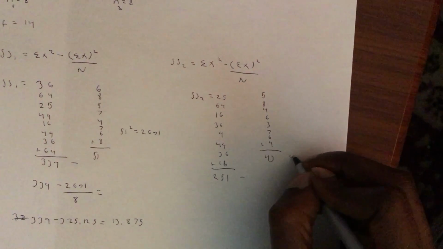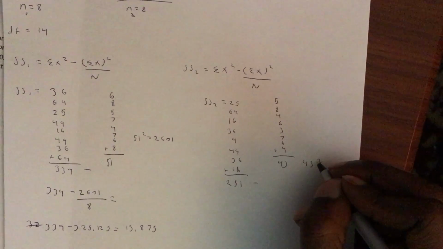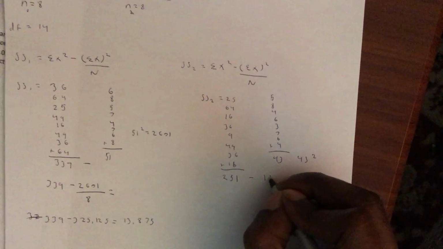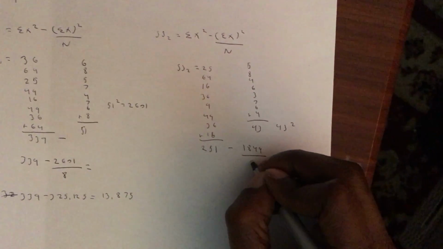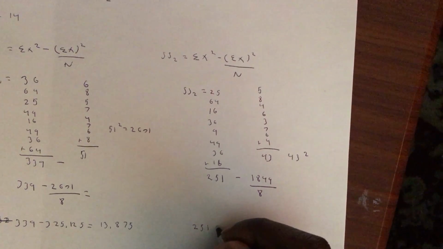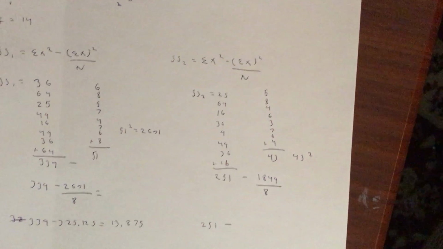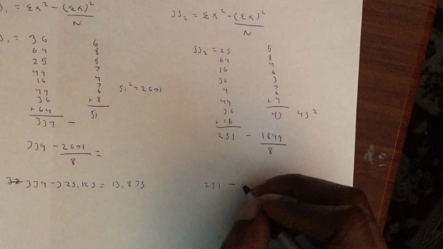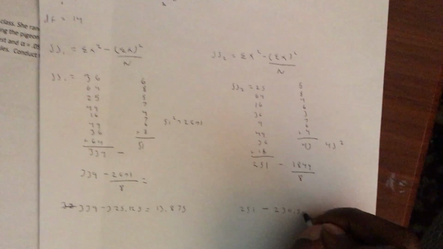You get 43. 43 squared is 1849, using the formula over n, which is 8. So you get 251 minus 230.5